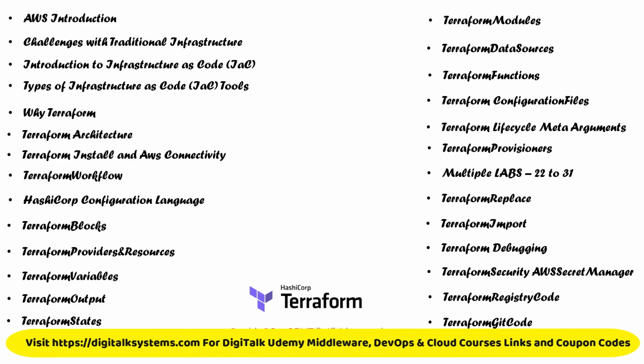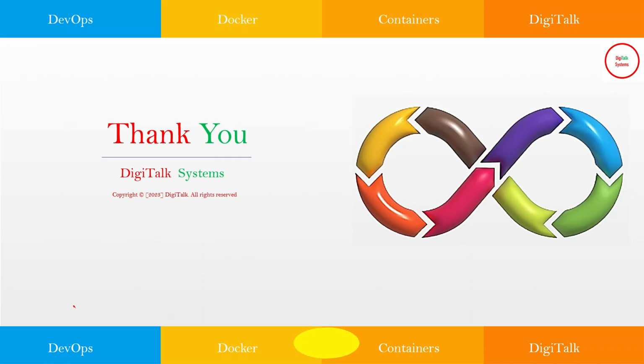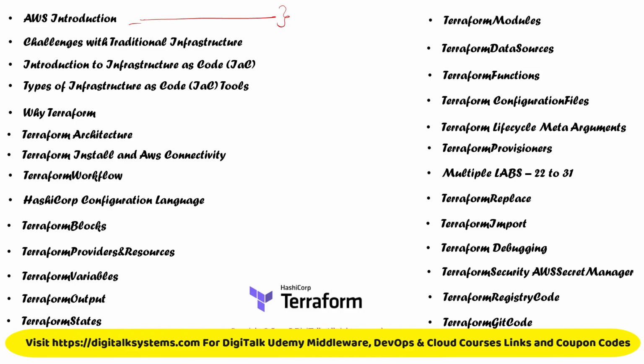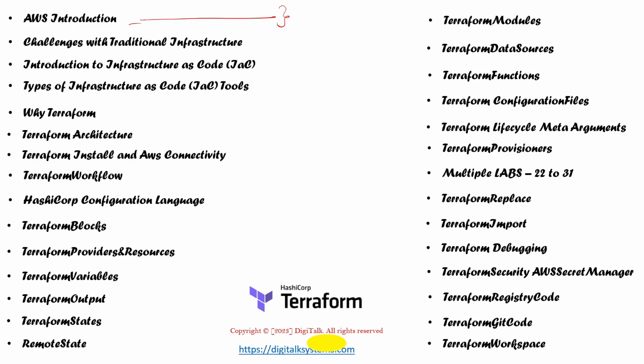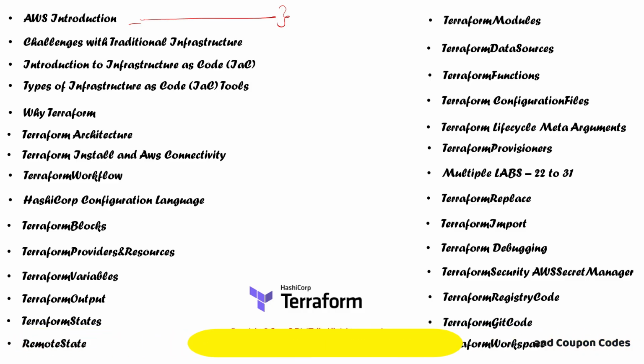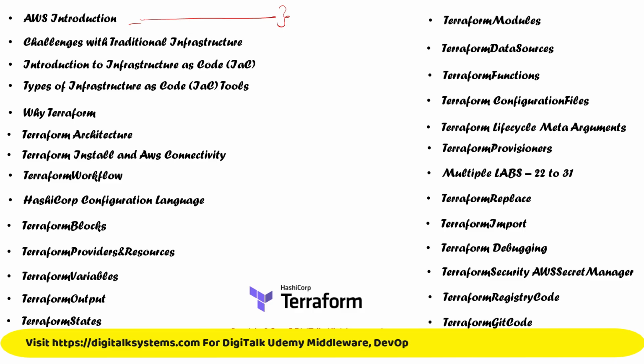The very first session is the introduction to AWS. In the very first session, we have discussed some critical concepts of the AWS cloud. The reason is that Terraform is an infrastructure as code tool. That means we use Terraform for provisioning multiple infrastructure-related resources, and mostly we use Terraform in the cloud. Terraform is cloud agnostic. You can use it for any cloud, whether it is AWS, Azure, Google Cloud, or Oracle Cloud.